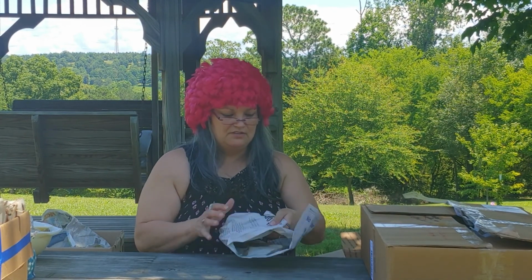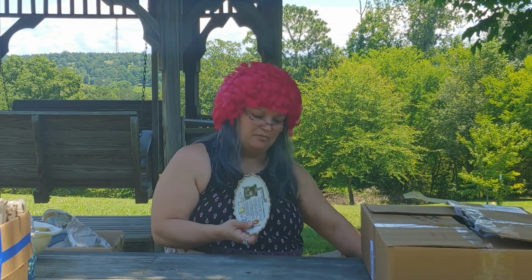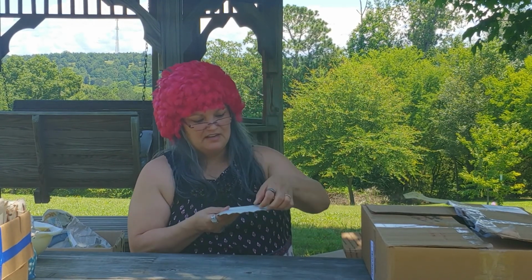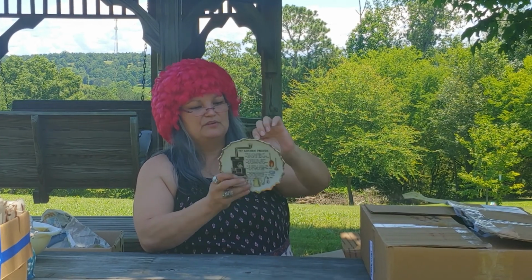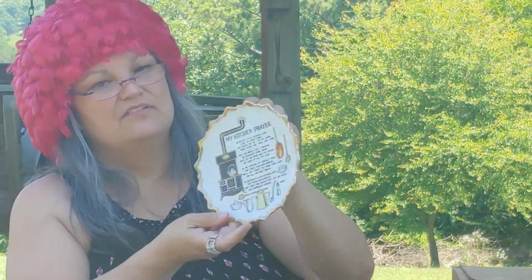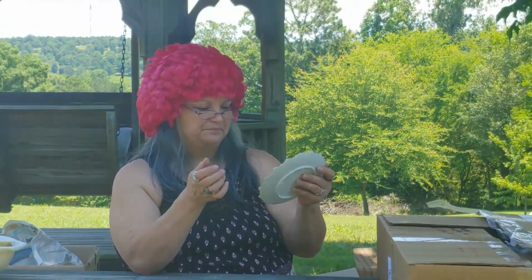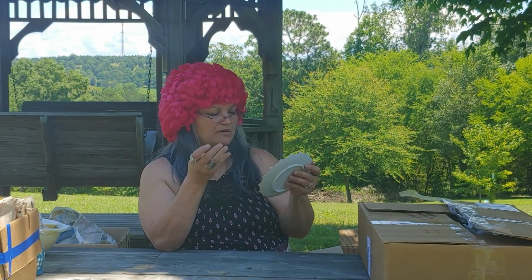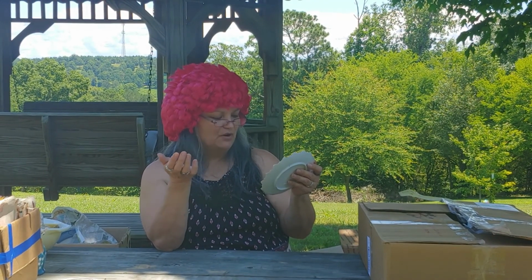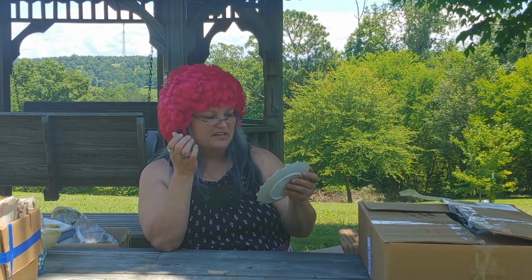Okay, what we got here? Oh, my kitchen prayer wall plate. It has a tiny little string on the back, but it probably needs a better hanger than that to secure it on there. I love the graphics on this. It has an old wood burning stove with some old utensils and coffee pots type of thing. And then the My Kitchen Prayer